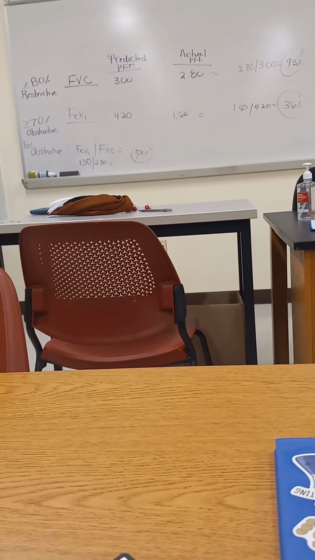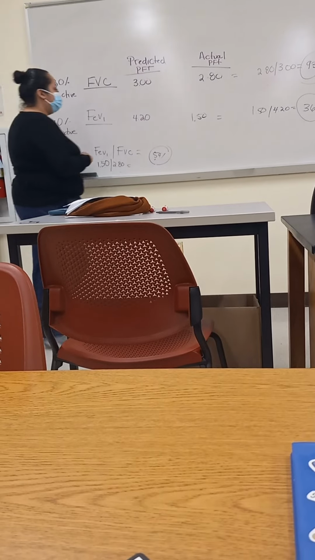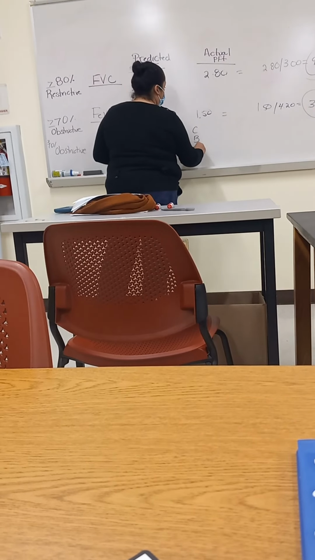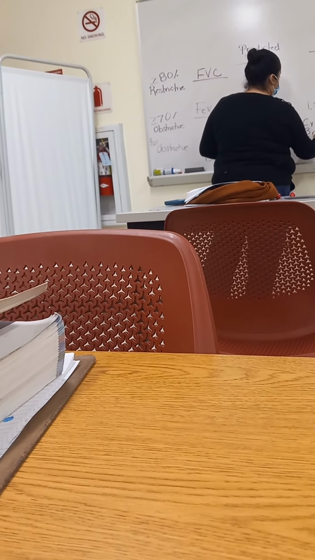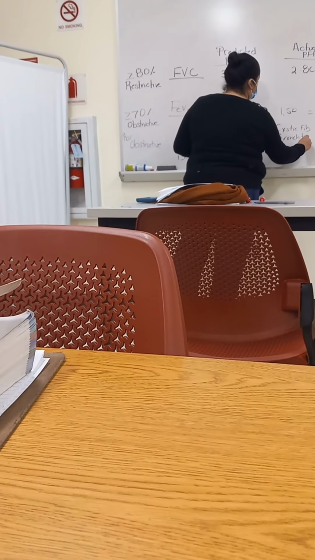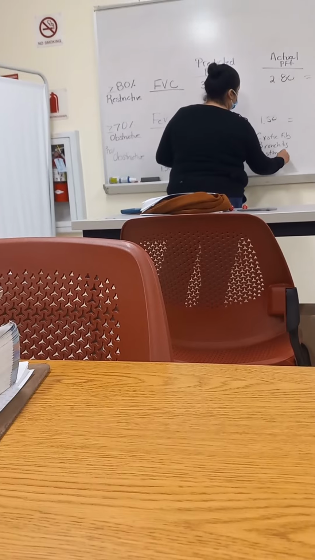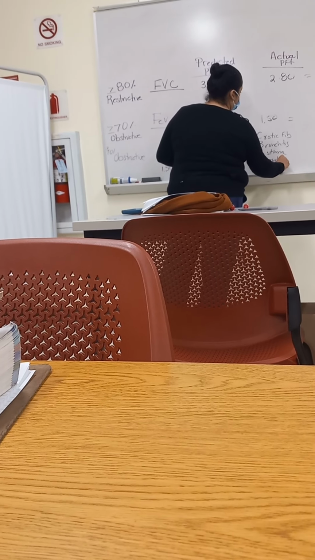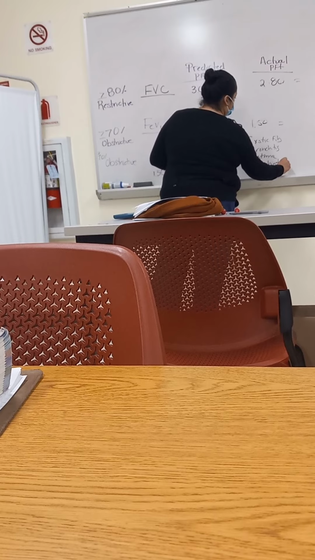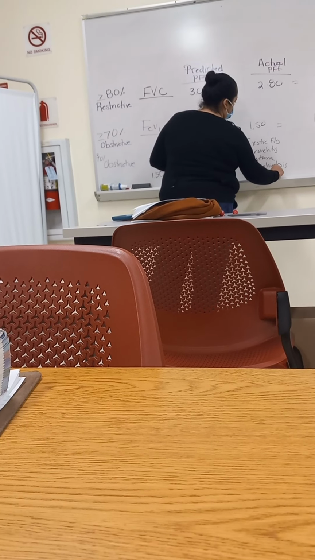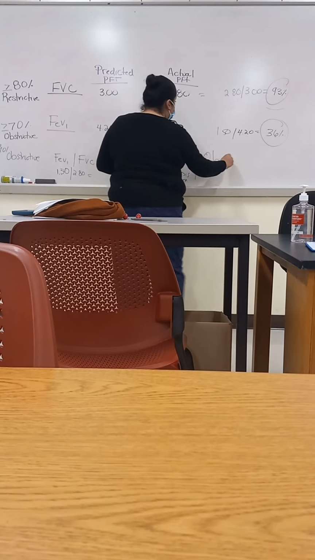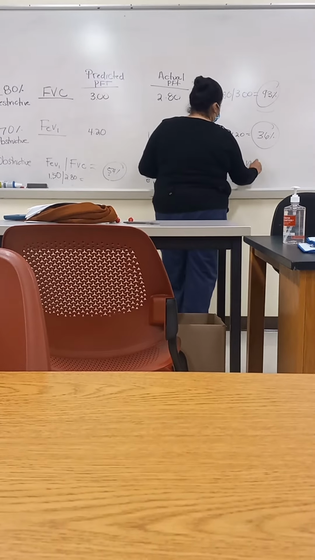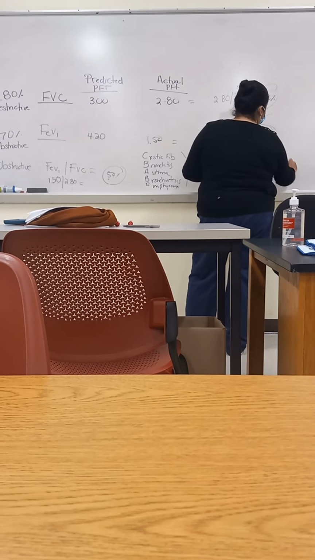So if it's obstructive, remember it's our C-BASE, right? C-BASE. Cystic fibrosis. Bronchitis. Bronchiectasis. Emphysema. Everything else is restrictive, right? So if I have one lung,